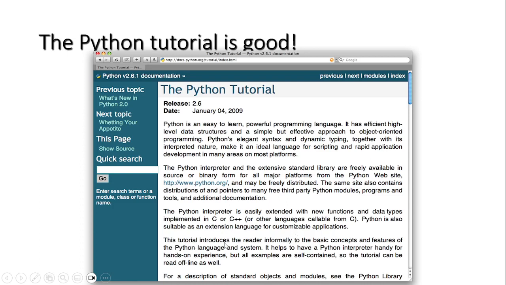This tutorial introduces the reader informally to the basic concepts and features of the Python language and system. It helps to have the Python interpreter handy for hands-on experience, but all examples are self-contained, so the tutorial can be read offline as well. So these are all the Python basics for the overview of the history of the Python